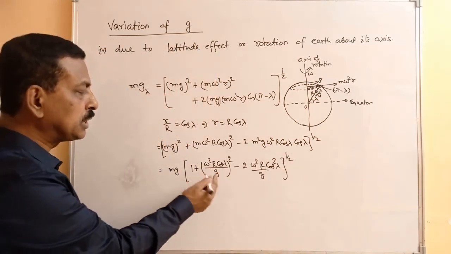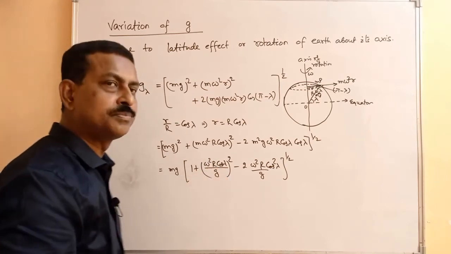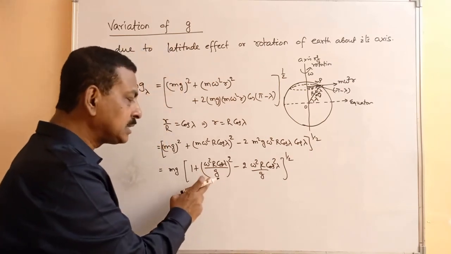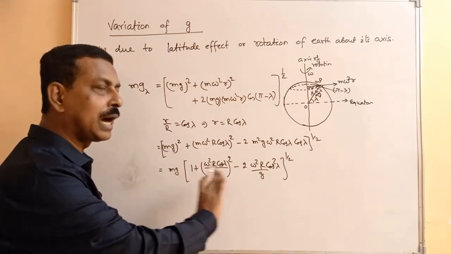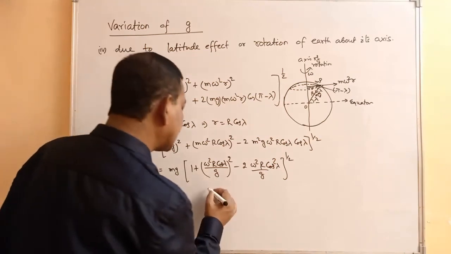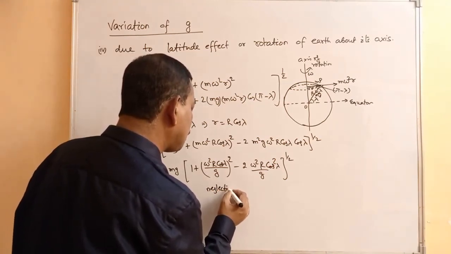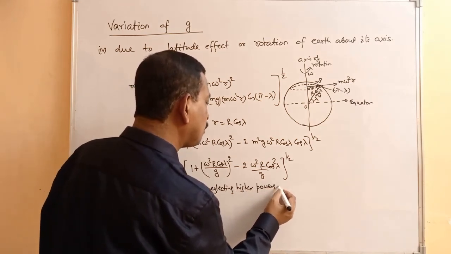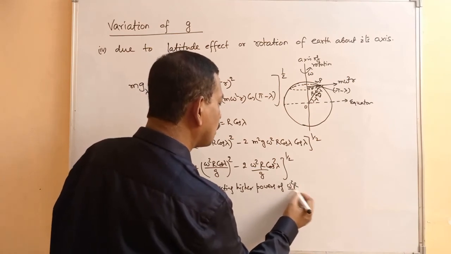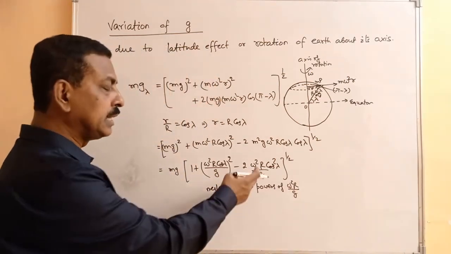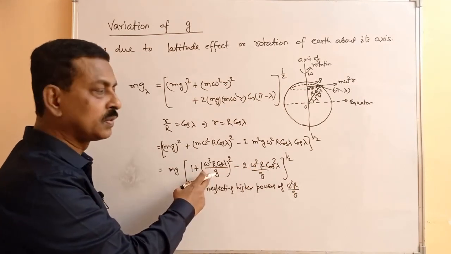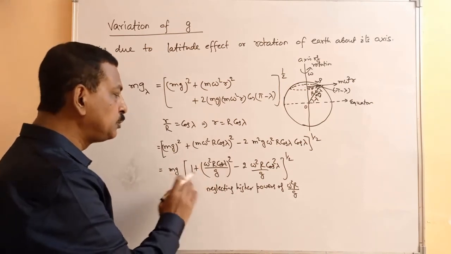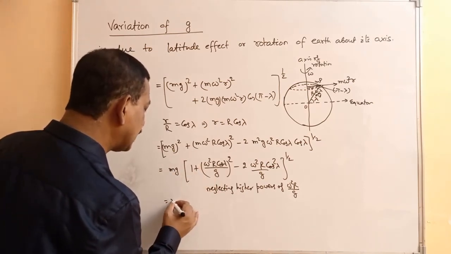Now you see this particular term omega square by g is a quantity which is very small. So as this is very small, we can neglect the higher powers of it. So neglecting higher powers of omega square r by g. Here it is first power, but here it is square. So obviously the higher powers like this particular term we are neglecting. So if you neglect it, in that case you will get here mg